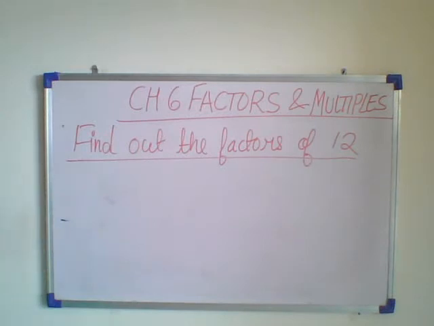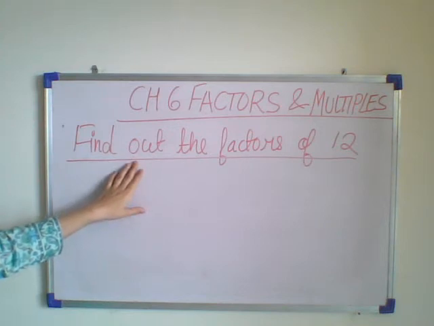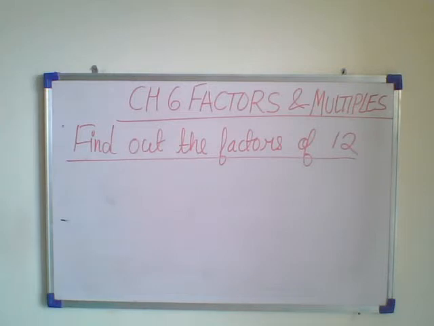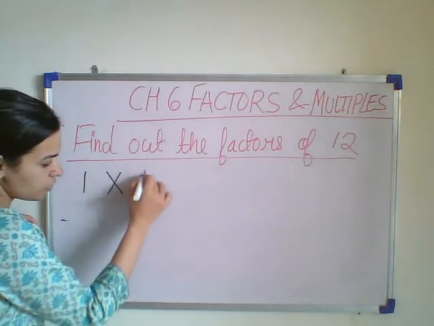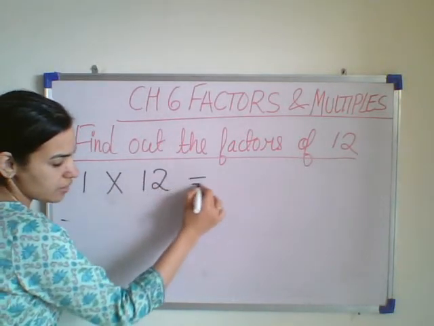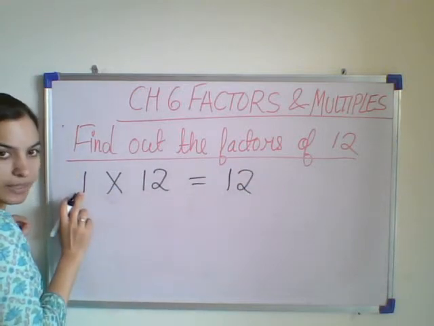Then what you have to do? Starting with 2, find which number less than 12 divides it exactly. All these exact divisors along with 1 and 12 are the factors of 12. So let us start dividing 12. 1 times 12 is 12. Then let us take another number next to 1.